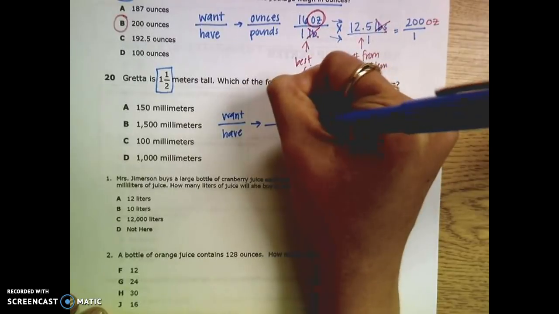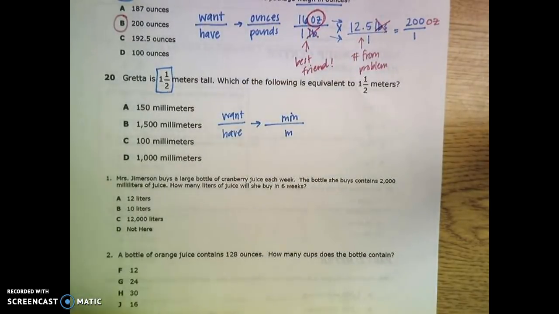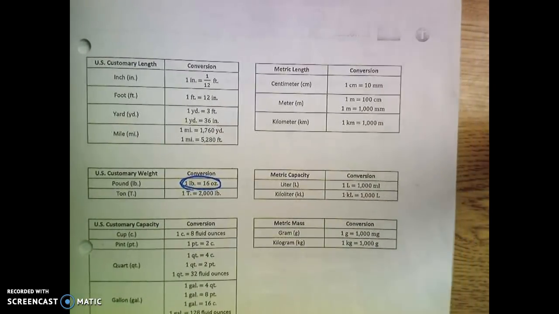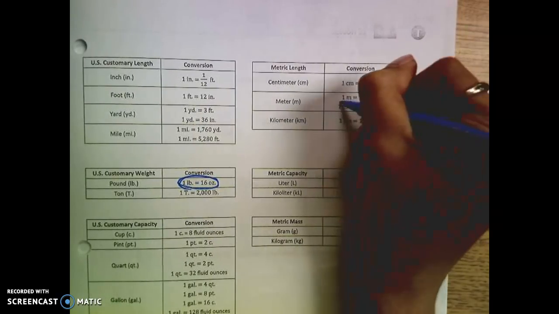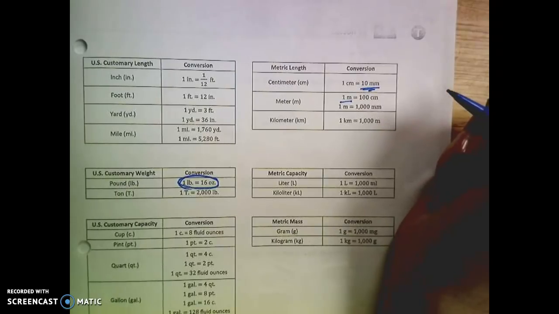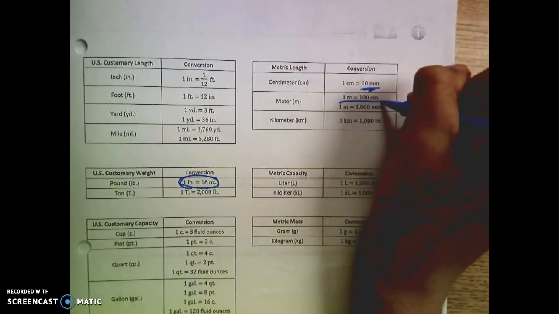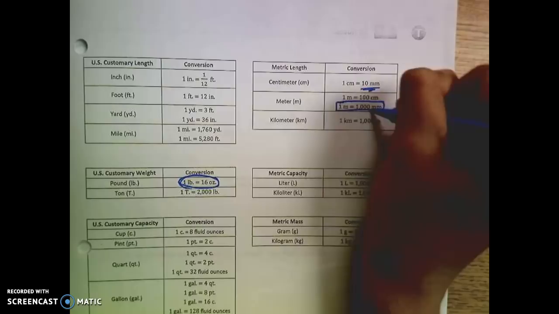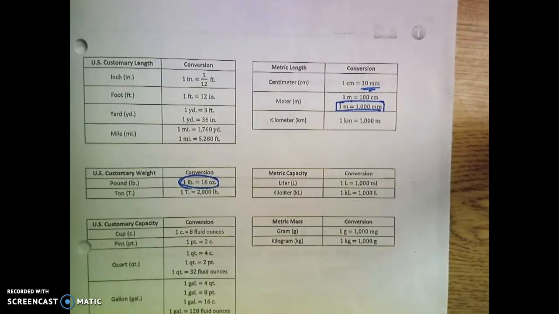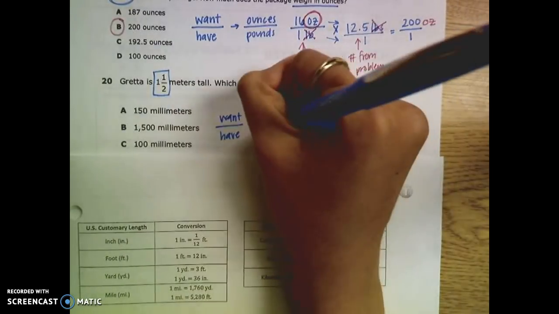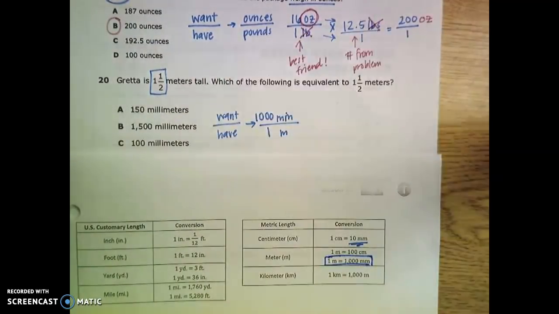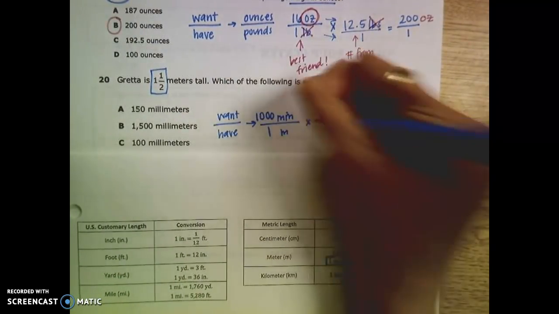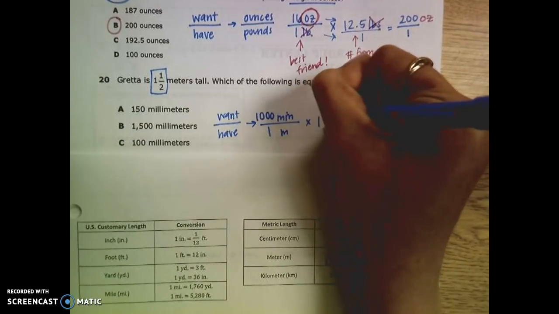I have meters. Looking back at my conversion chart, I'm looking for millimeters to meters, which there actually is here. Right here, 1 meter equals 1,000 millimeters. So here I have my 1 meter and 1,000 millimeters. I'm multiplying by the number from the problem, which was 1 1/2